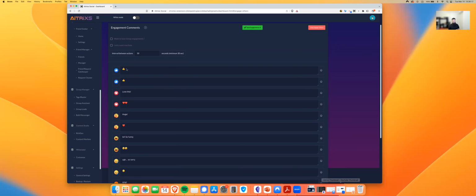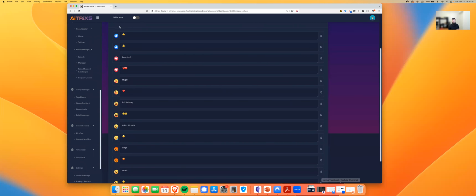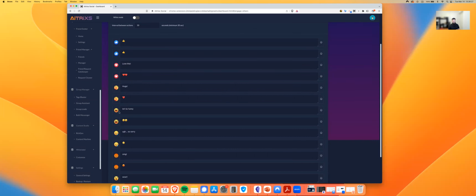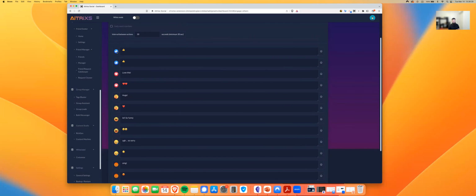So what you're able to do is set it up here where you can pre-program a handful of interactions and engagements and comments. These are obviously the engagements that are available on social media, like, love, heart, all the normal ones. And then you can add in specific comments that you want, and it will alternate through these based on engagement.